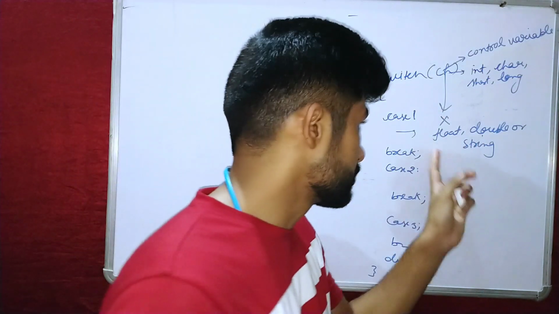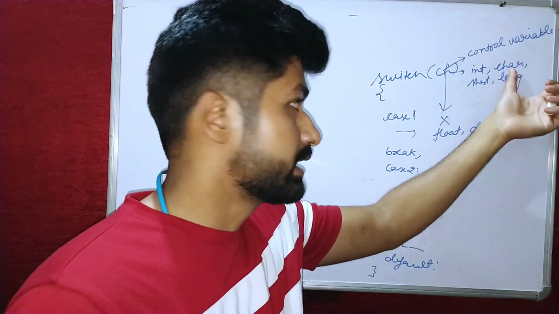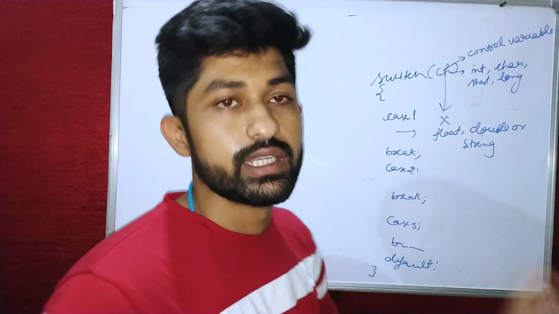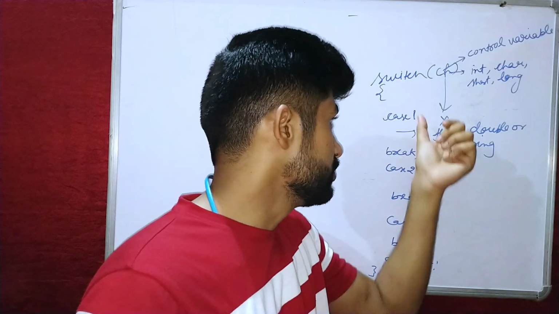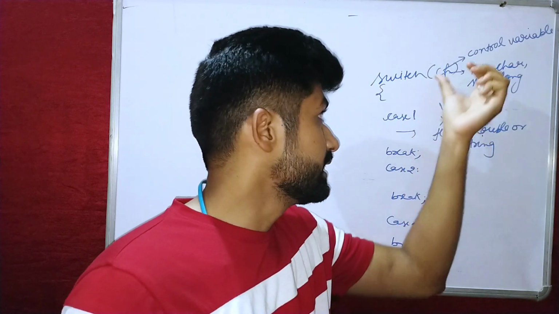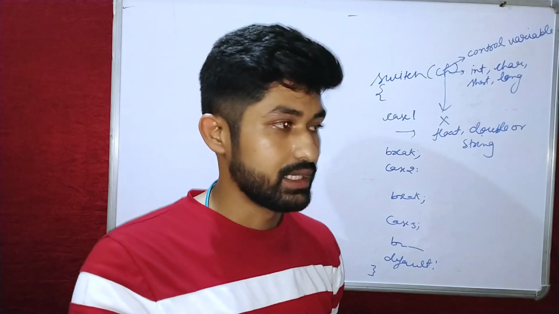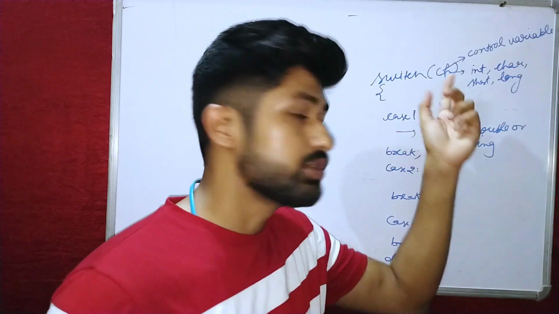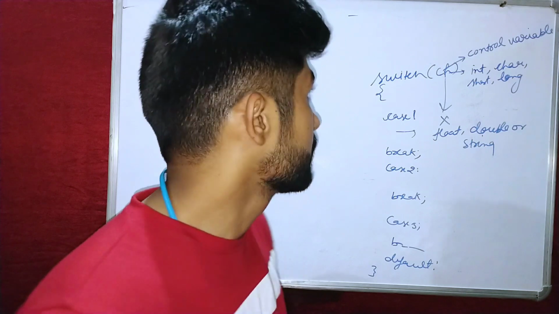Many times this question is asked whether the control variable can have the data type float, double, or char. So what will you choose there? Char can be the data type of this ch variable, but float and double cannot be, because in float decimal values are there, so you can't write the cases in decimal. In string it will be storing alphanumeric characters. Basically it will be causing a problem because we can't match a string without using string functions, where if we want to compare two strings we will be using compareTo, equals, or equalsIgnoreCase. So here we have to use those functions. That is why we can't use string as the data type of the control variable.